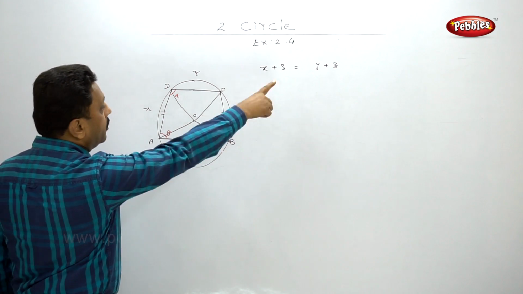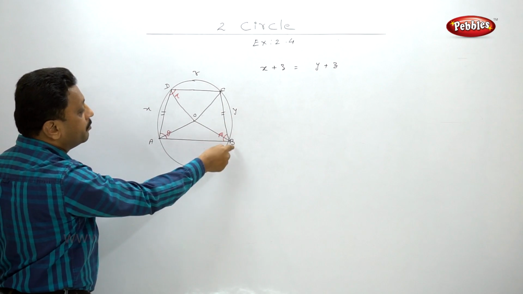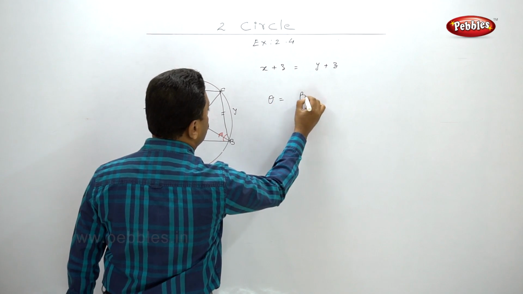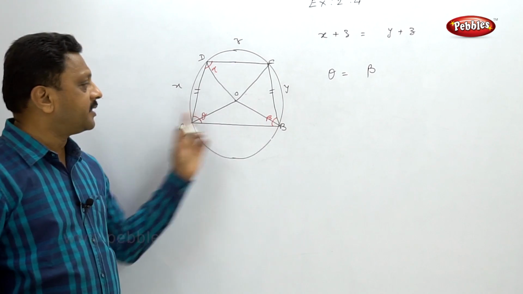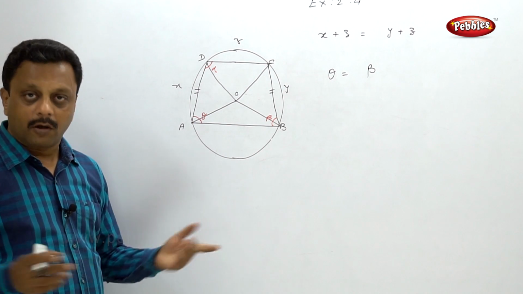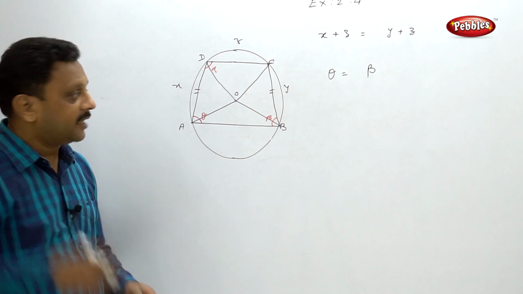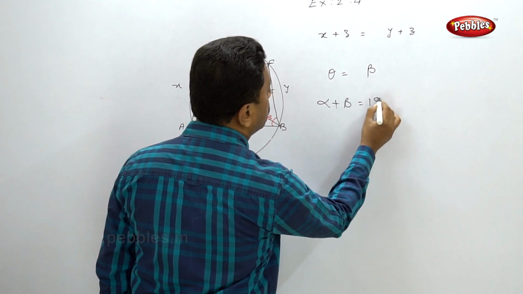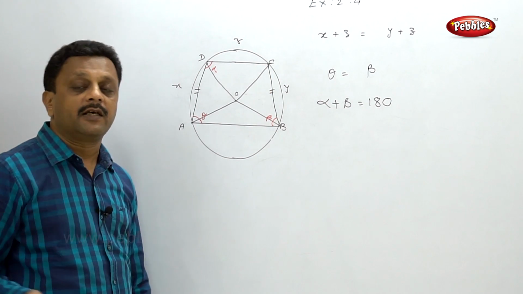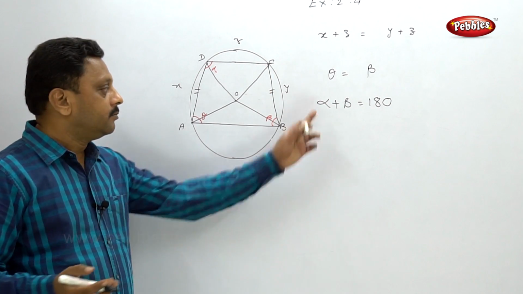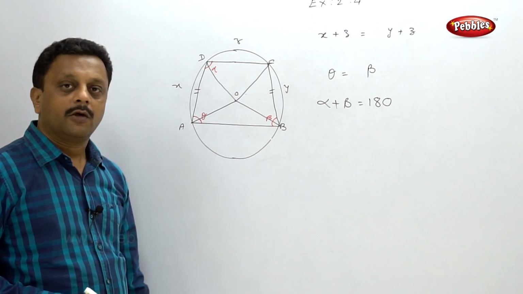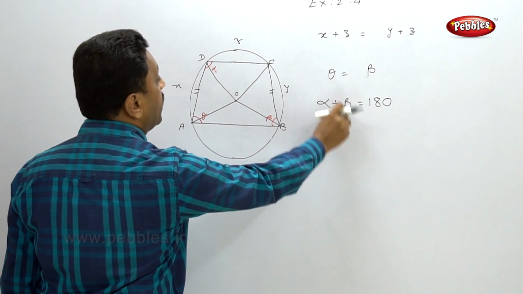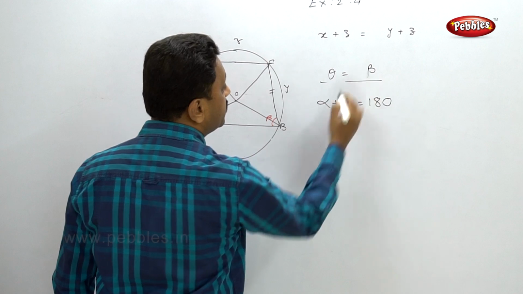Correct? And Y plus Z, this arc complete is intercepted by theta, and hence theta is equal to beta. So these two base angles of the cyclic quadrilateral are congruent. Correct? But alpha plus beta is equal to 180. Opposite angles of the cyclic quadrilateral are supplementary. So these are 180. So now can I say that instead of this beta, I can write theta from this